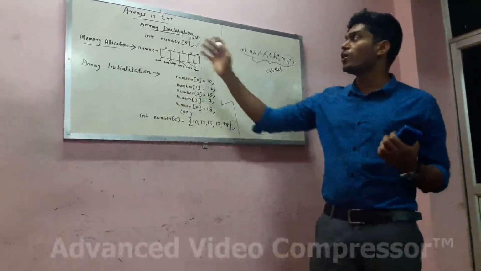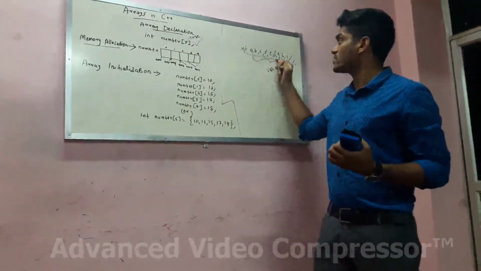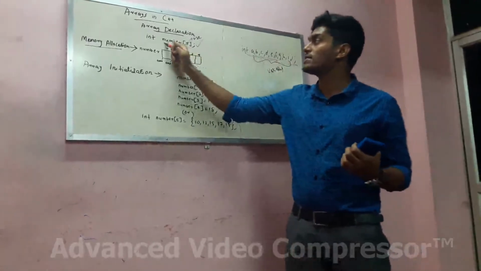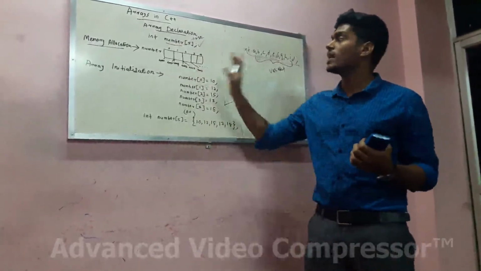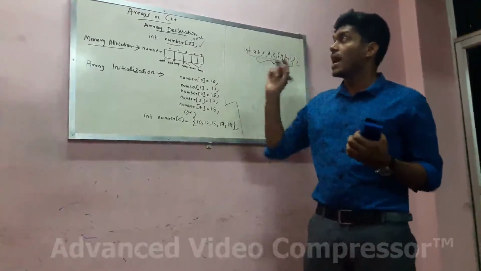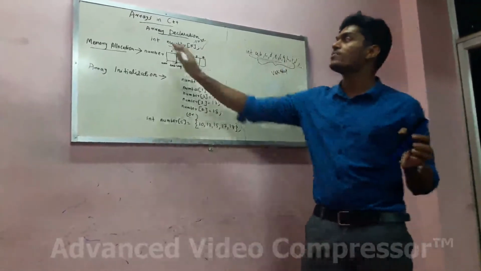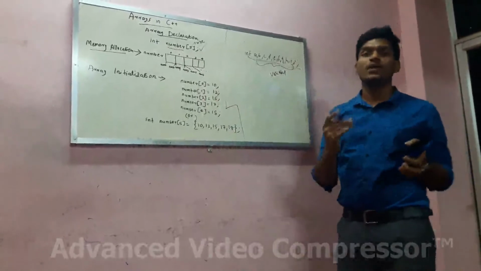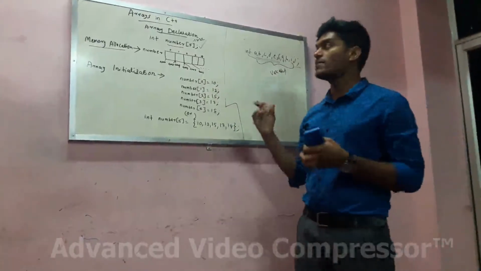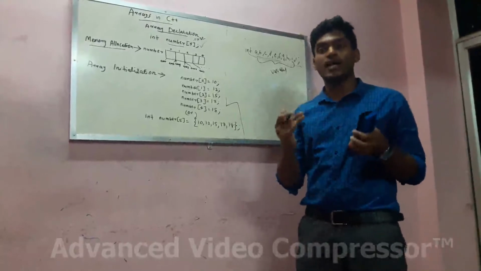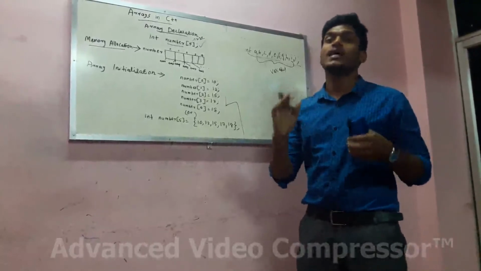So here we are not using 5 different variable names. Instead of that, we are using only a single variable name, but we have 5 as the size, and we can store 5 different values, and all those data will be of the same type. So an array can be defined as a collection of same data type, or we can say that an array is a collection of data having the same data type.